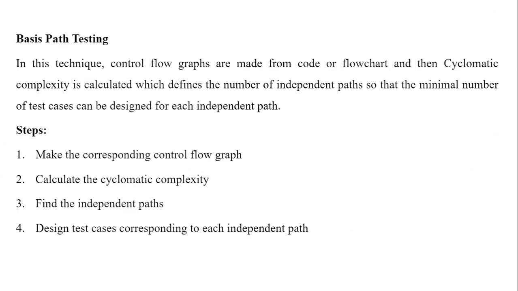Then we have basis path testing. So in this technique, control flow graphs are made from code or flow chart. Okay, मतलब what you're doing, you are given a code. Okay, एक code आपको given है, उससे आपको cyclomatic complexity calculate करनी है. मतलब पहले तो you will get a code जो भी हमने किया, that we were having integer a, we were having integer b, then we named them as a, b, and then we draw them as nodes, and we then saw the flow of the statements. This is what is control flow graph जो हमने create किया.